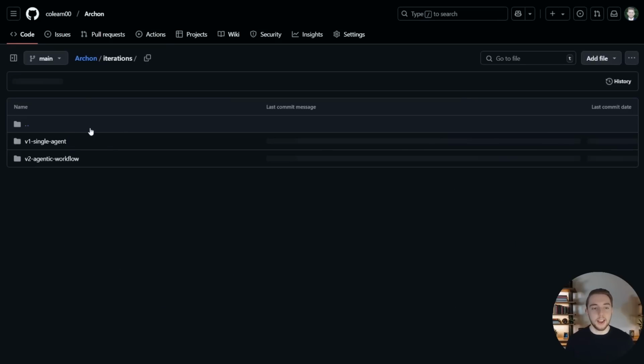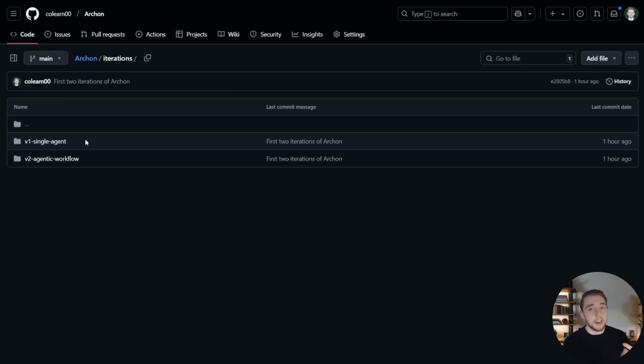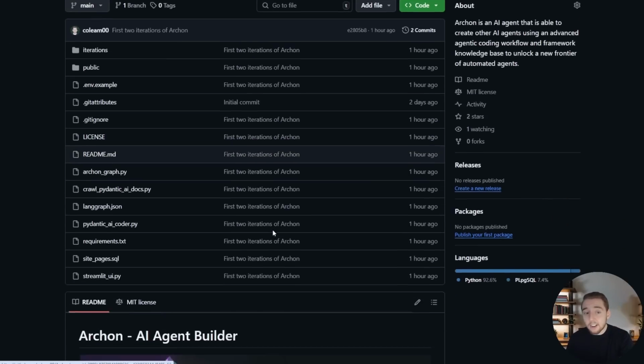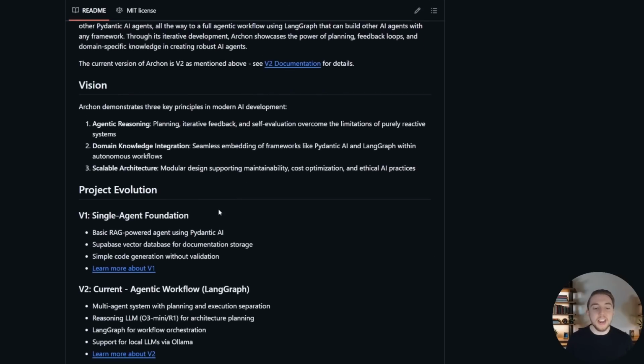Version 1 that I have right here is just a Pydantic AI agent, so no LangGraph, and it can only build other Pydantic AI agents. And then we'll get into version 2 in this video that actually leverages an agentic workflow built with both frameworks that can build just Pydantic AI agents. So we're still getting pretty simple here, but starting to get into agentic workflows, and then we'll get into one that can build both Pydantic AI and LangGraph agents, and then a ton of other ideas that I have here